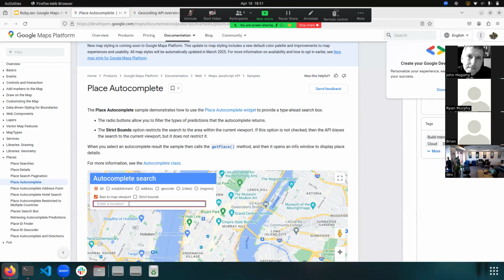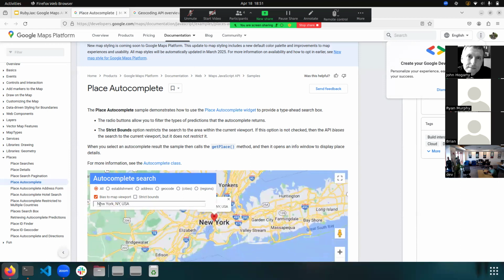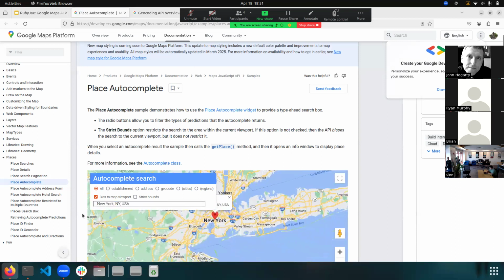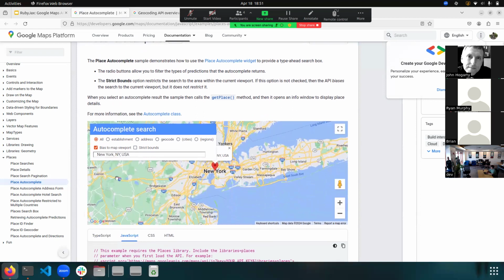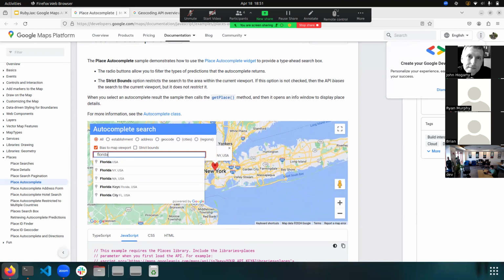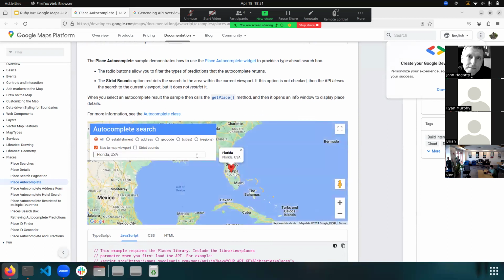You can just do the same thing, and just do New York City, for instance, and you can be as specific or as vague as you want. You can even just put Florida in here, for instance, and it'll try to just drop you in the middle of it. And then